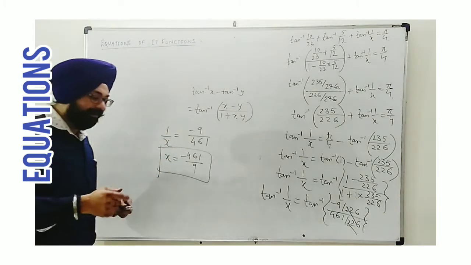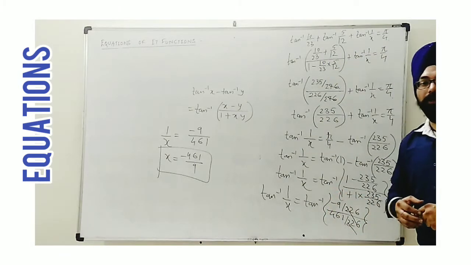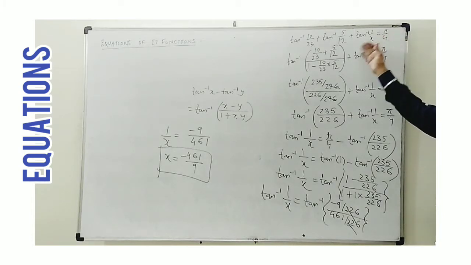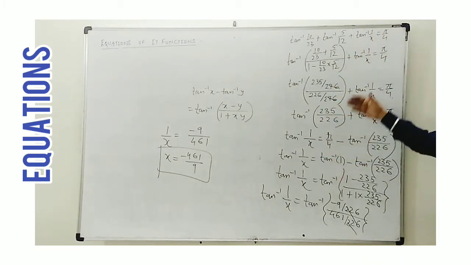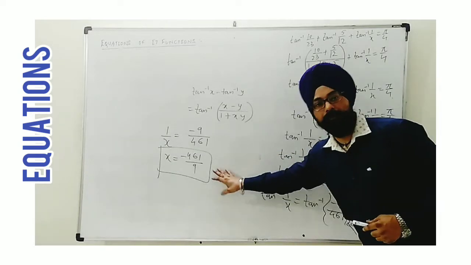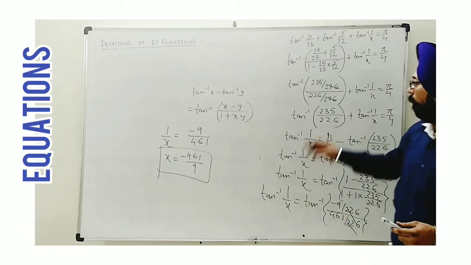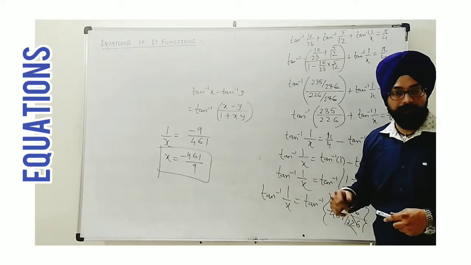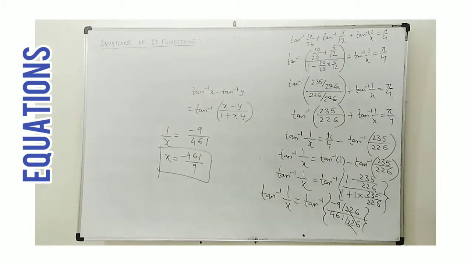Okay, so this is one method. But whenever we obtain the value of a variable, here as we are having one variable, we have got a single value only, and we have simplified the terms. If all the steps are correct, then this value obtained will be the final answer. If we are getting two or more values, in that case we should see the equation given and verify which one will be the best answer. So such examples also we will face. I hope this much is understood to you.